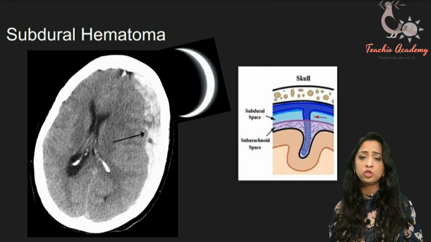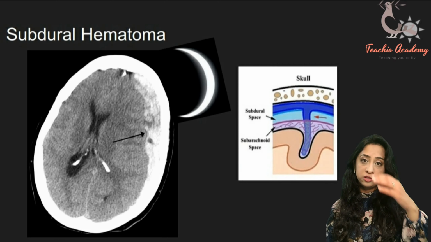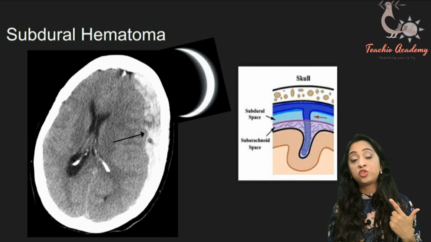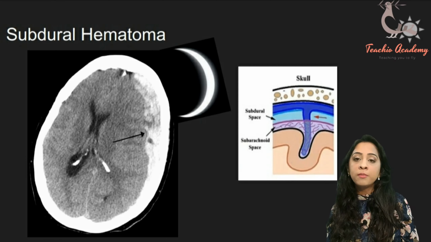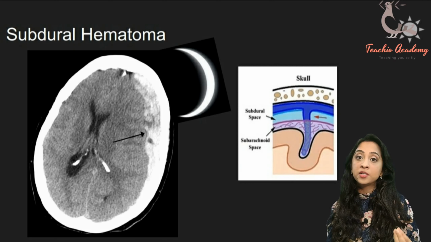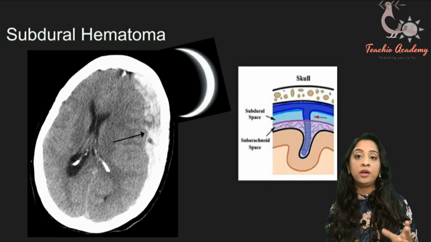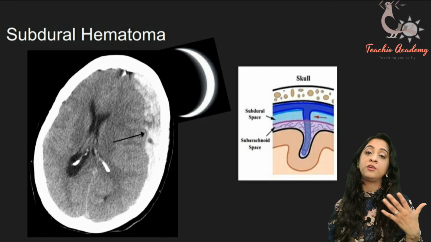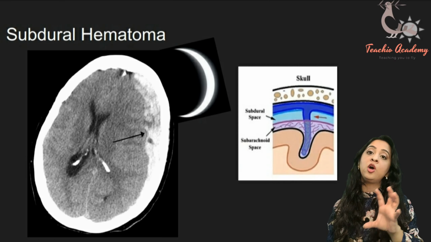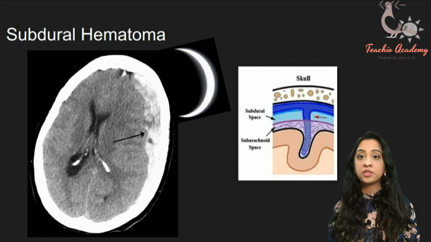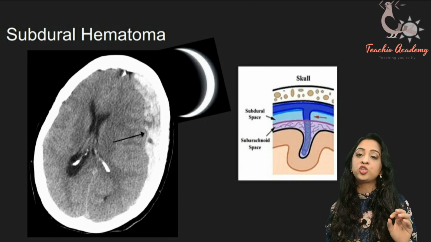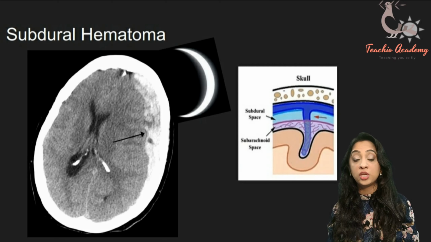Okay, so just remember the shape that you'll see, and the fact that it's due to the bridging veins, because when you've got an elderly person, they're going to have thin veins, and they might have a little bit of brain atrophy, so veins get ruptured a bit easily. And similarly in alcoholics, they're going to have thin veins which tend to rupture easily. So they're your classical presenters of subdural hematoma, and just remember that characteristic shape.